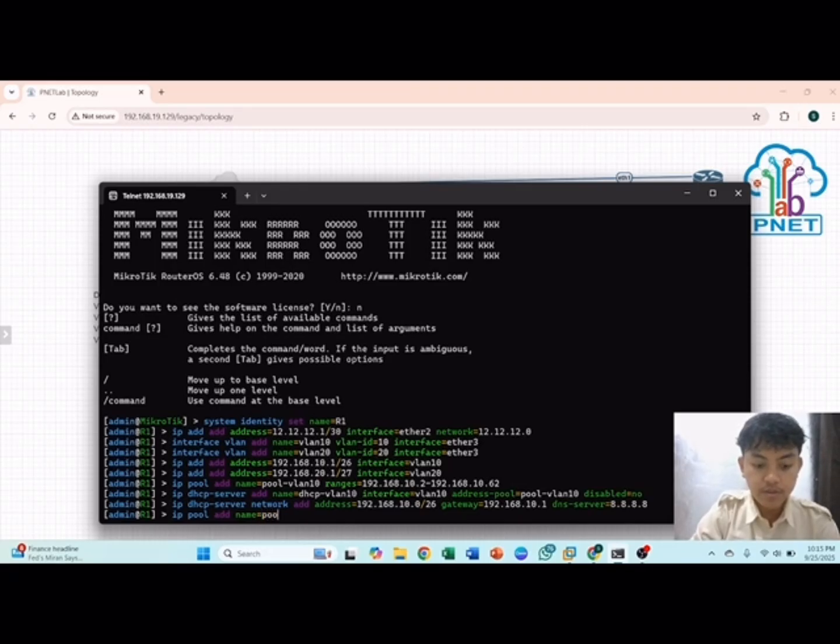Name is pool VLAN 20, and for the range here put the IP range for the clients. And then we can click enter.